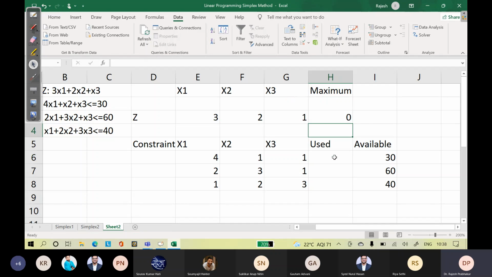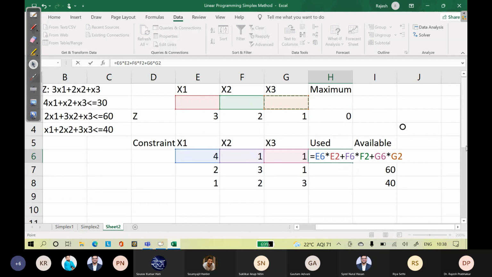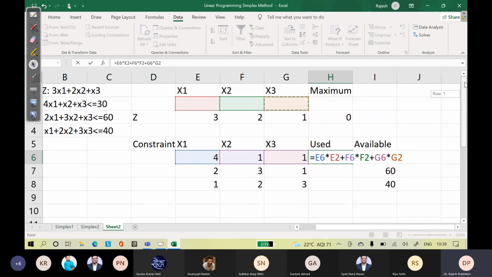Maximum is equal to this plus. So we can drag the formula down, but it is the E2, F2 cell.